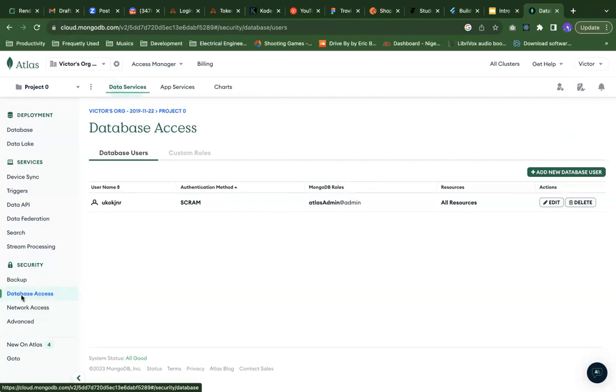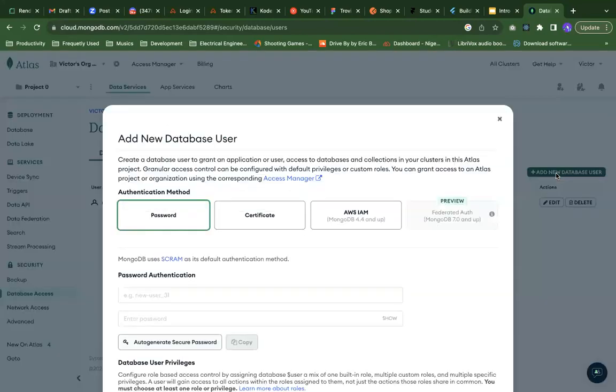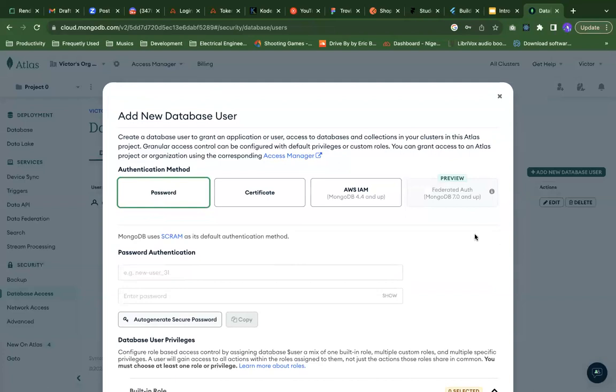Come here to this database access. Are you guys here? Yes, I'm there. Yes, sir. Come to database access, click on it. When you click on it, click on add new database user. Now, the username and password you're going to enter here is the username and password that you're going to use